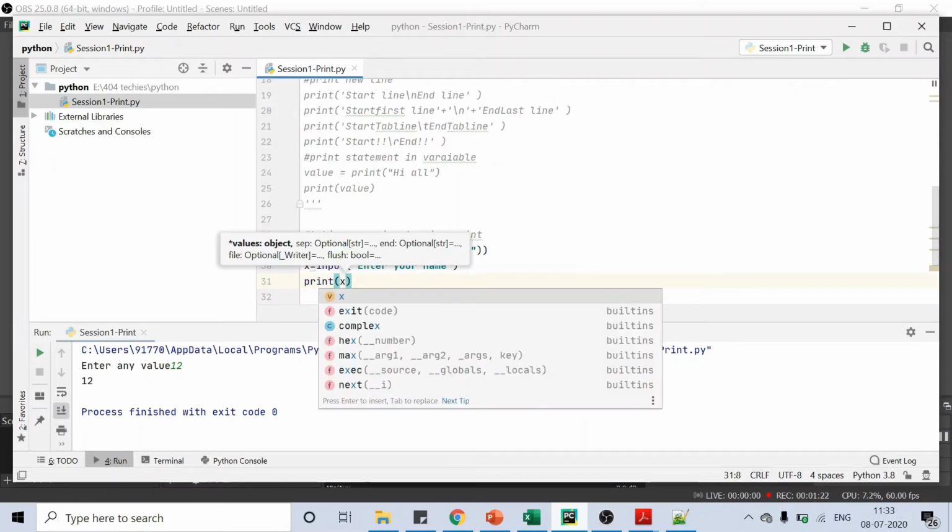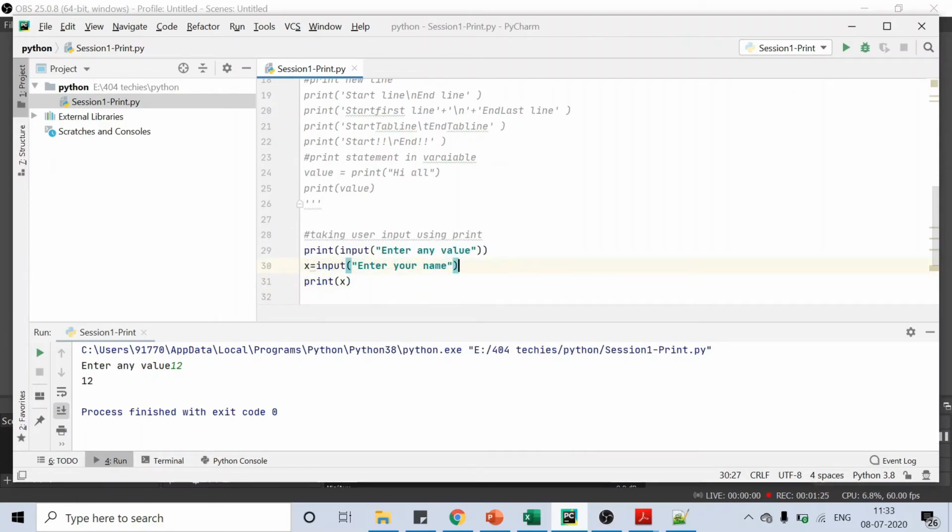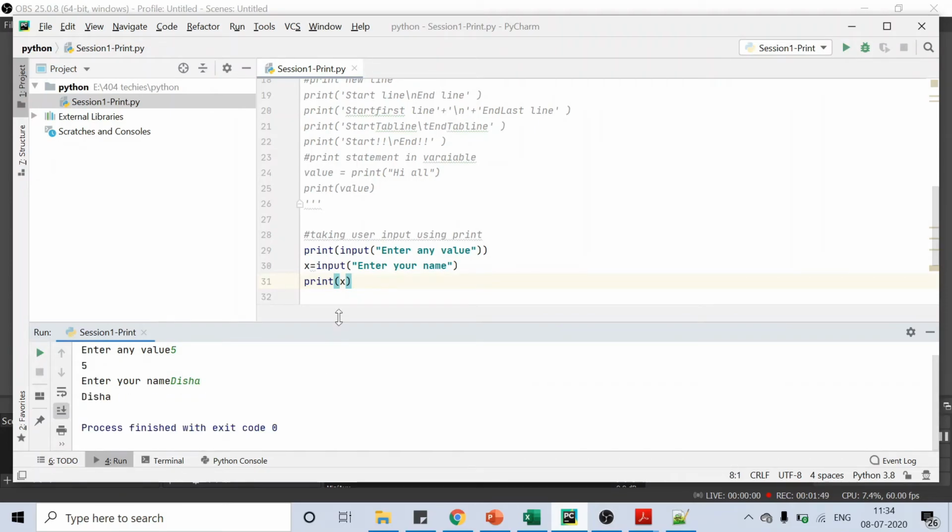Whatever input you give in the console during runtime, that input would be received and then printed in the next line. First it is asking to enter any value. I'm giving 5, so 5 got printed. Next it is asking to enter your name. I'm giving Disha, so Disha got printed. So this is one way.